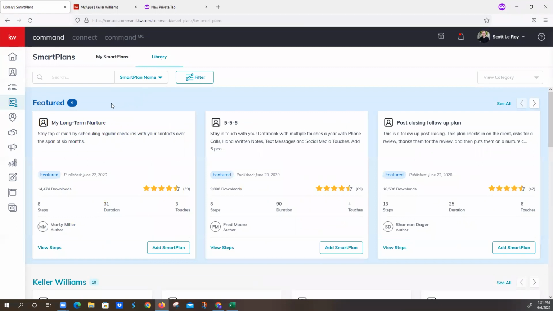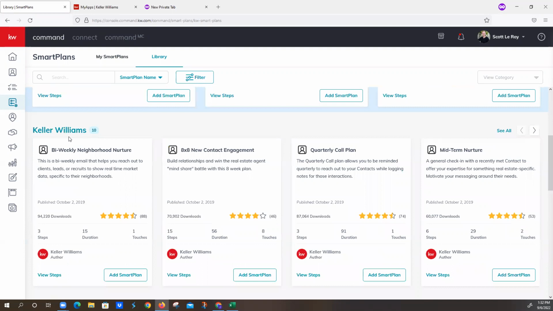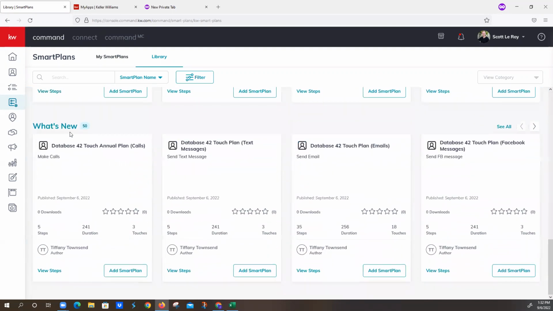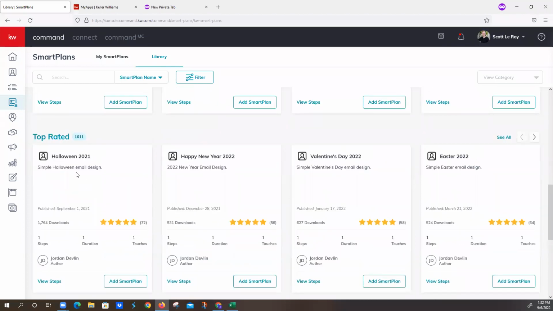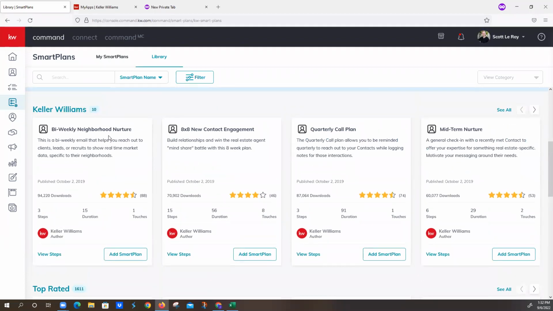So KWRI has organized these in a few different categories. The first one is featured. Scrolling down, we've got Keller Williams, top rated, and what's new. So you can see Tiffany Townsend is the author. She doesn't have any ratings yet. On this one, Jordan Devlin's the author. Oh, it's a Halloween one. Oh, that's 2022, 2021. Here we've got Keller Williams, and a lot of these are tried and true, so